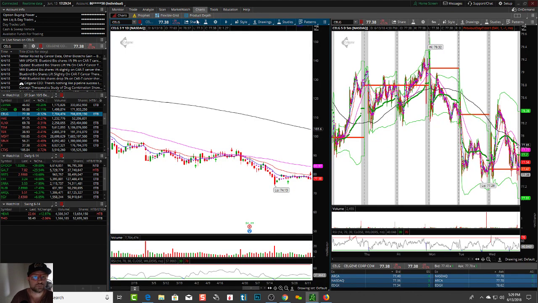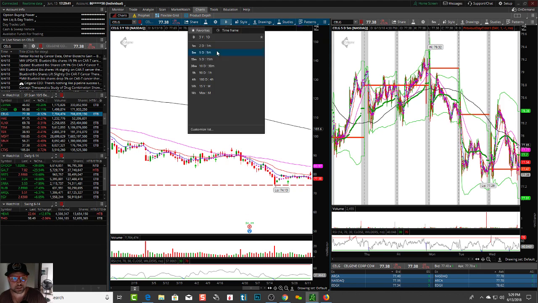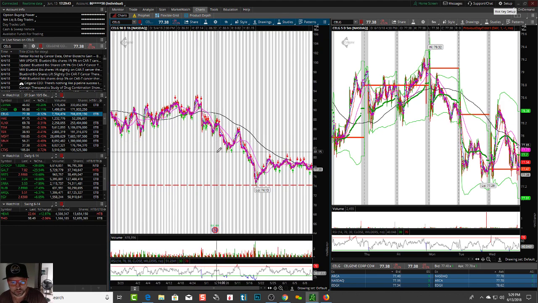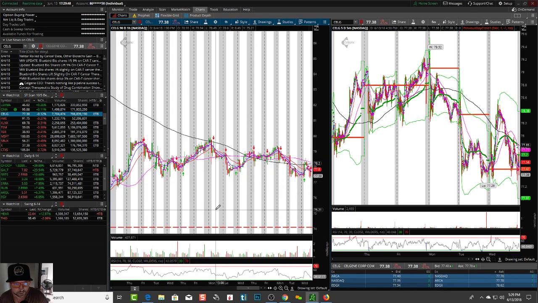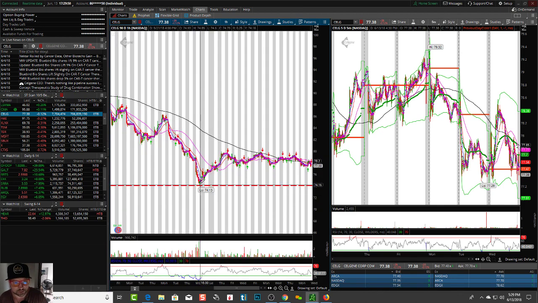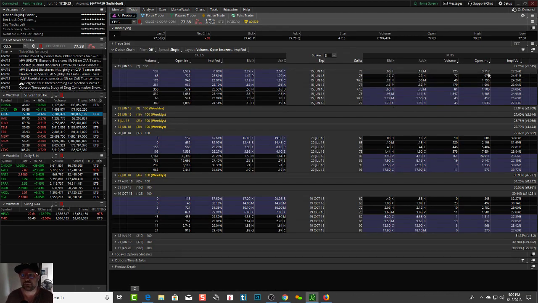So this one, possibly, you can see it's starting to fail the moving average lines. Has some room to fall down to potentially $74. Now we look at the hourly. You can see it's failing the moving average lines on the hourly as well. Right? It's got some room to fall to potentially $74. You have lots of open interest, and ideally less than a 15% bid-ask spread, and you can see many of these, even on the put side, pretty tight bid-ask spread. So that's something I would definitely look at.